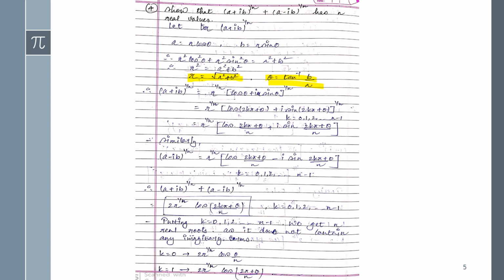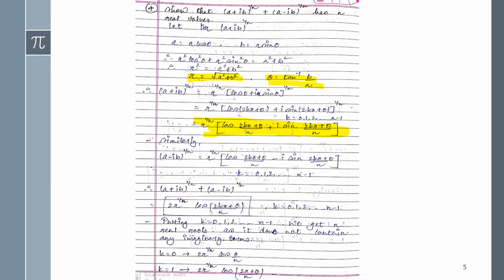Now first of all you have to convert theta into the 2k pi form. So r raised to 1 upon n as it is, cos of, in place of theta now we will put 2k pi plus theta, so cos(2k pi plus theta), and same here for the sine, whole raised to 1 upon n. Now using De Moivre's theorem you will get this term. I hope you all know very well how we are writing this term, right?